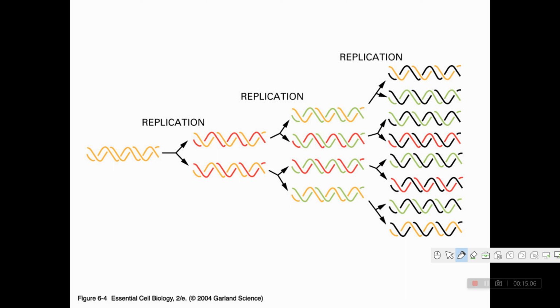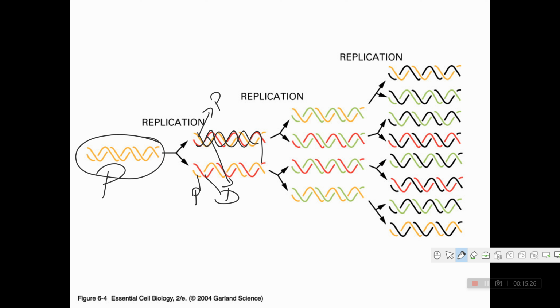Okay. See, this is an overview of the replication of semi-conservative. See, this yellow part is a parental DNA. After replication, one strand is parental type and one strand is daughter. This yellow is a parental strand. This red is a daughter. And again after replication, one strand is parental and one is a daughter strand. So this is the process of the semi-conservative model.